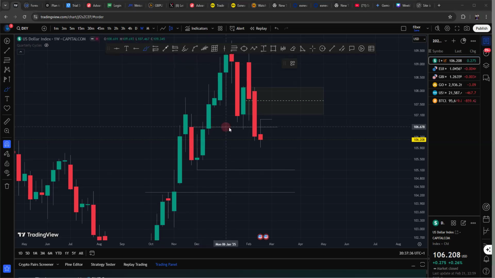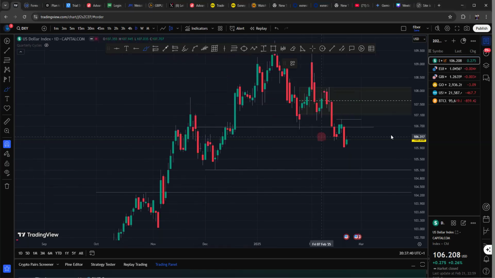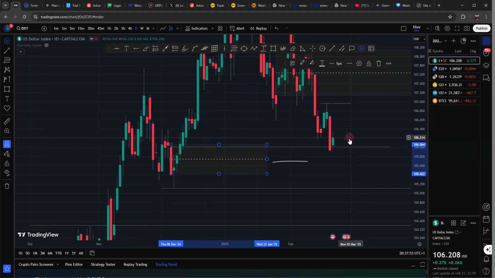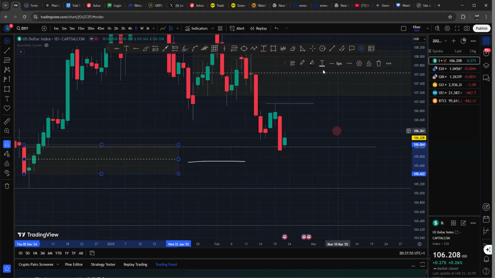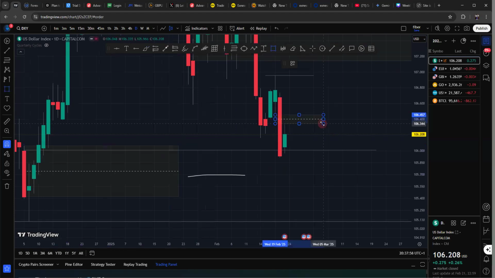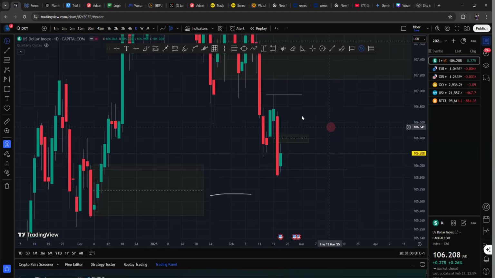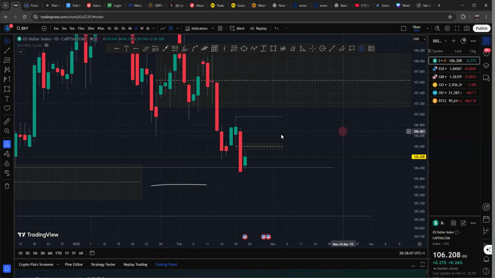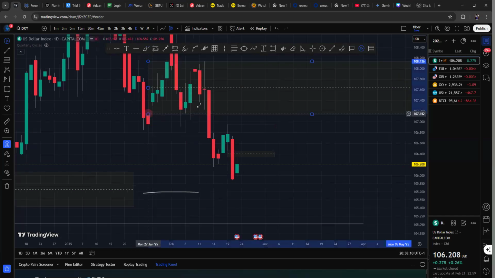Going down to the daily time frame, we had price traded down to this refined order block on the daily. The weekly order block, we could refine it down to this daily order block, and then price traded into it, and we're having this reaction from here. And this reaction here caused this fair value gap. So I don't think price would want to take previous weekly high, as it's going to be raiding this high right here. Also, there's still a possibility we can do that even to retest this